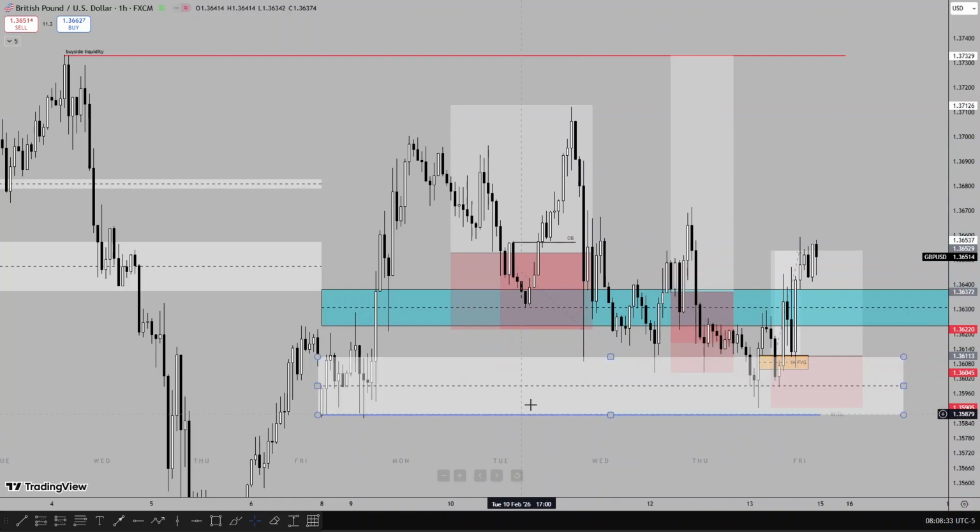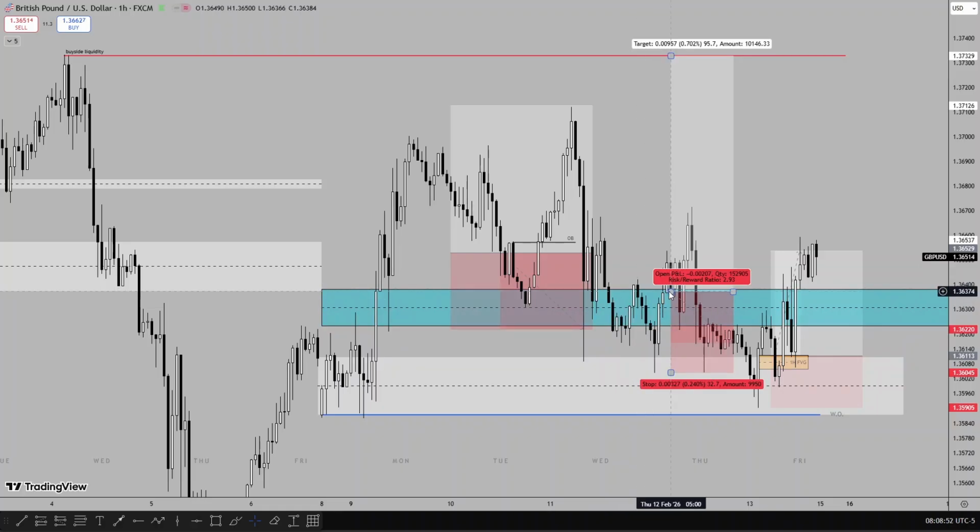was on Thursday after price took out Wednesday's low, and price was supporting on a new week opening gap, which was this week opening gap. Looking at it as support after the 1 hour shift in structure, here's the breaker block. I took a buy from the breaker block. Price traded higher before actually retracing and I was stopped out.